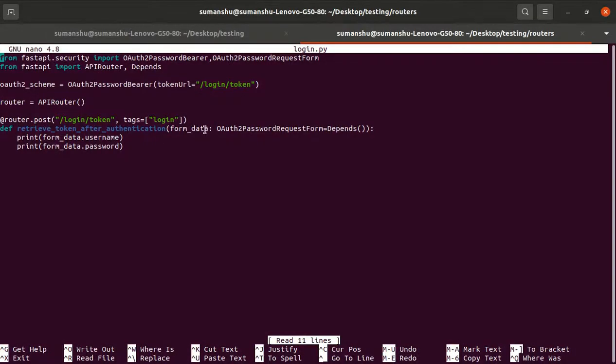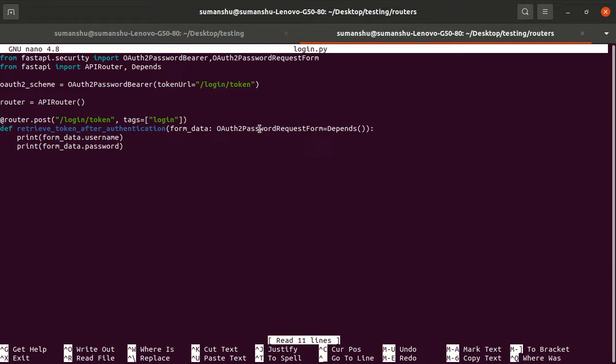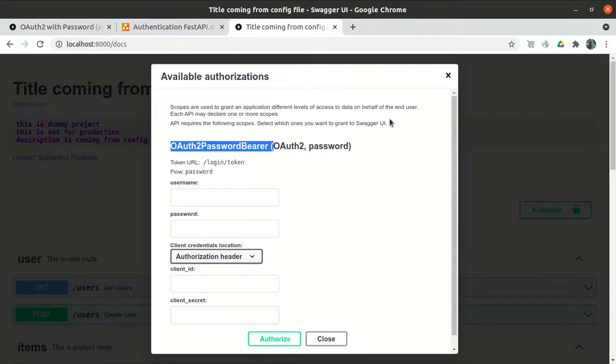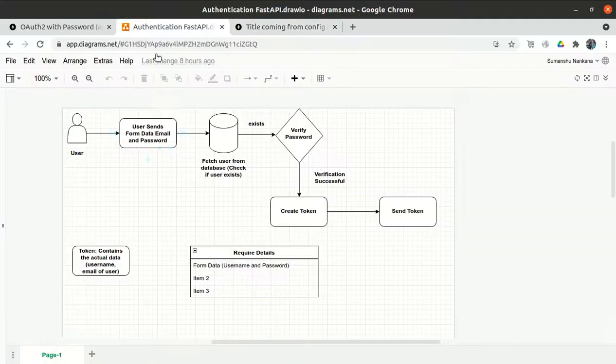We are accepting the form data, and form data is of type OAuth2PasswordRequestForm, and it depends on itself. So that's why it is equal to Depends. So we are accepting the data, right? So this is fine.